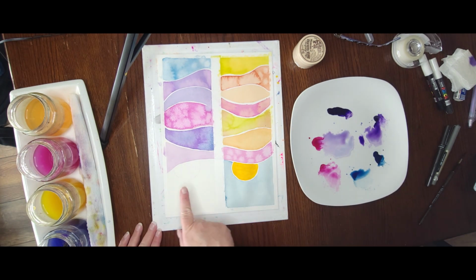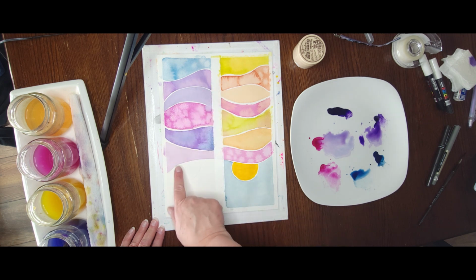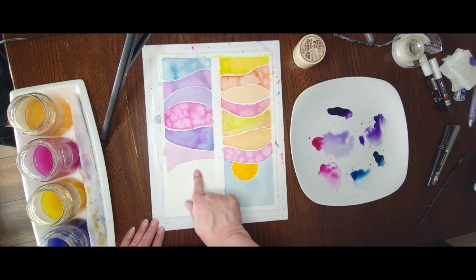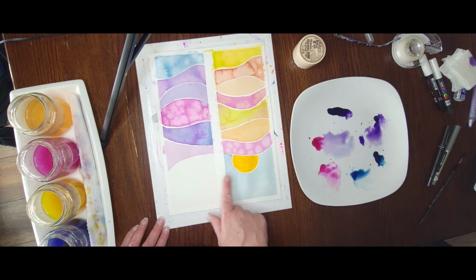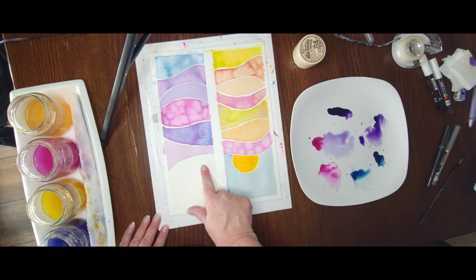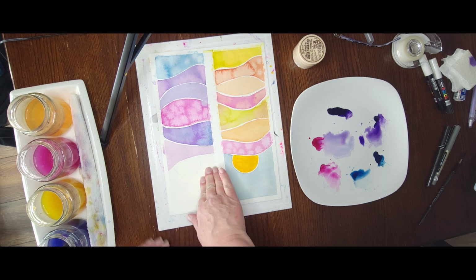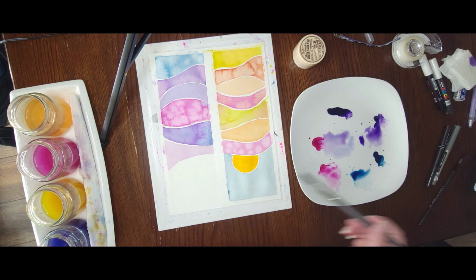Okay, flipped over. So I'm at a better painting angle for myself and I'm not dragging my hand through that wet paint. My moon, I'm going to leave white on this one. So I'm not actually going to paint that. I'm just going to do a dark sky behind it. And we're going to do it essentially the same way. We're going to paint along here, around here, here, leaving that little white line of separation and everything darker up here. So I'm going to go with much more blue